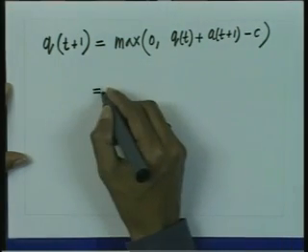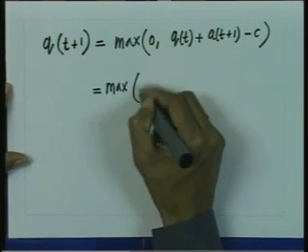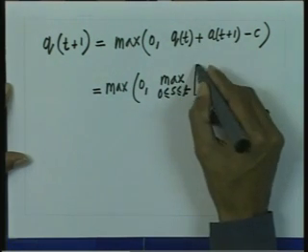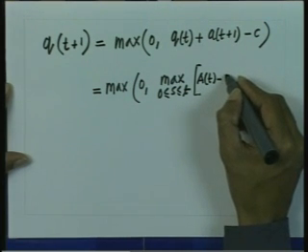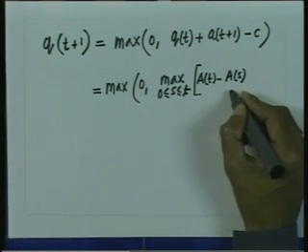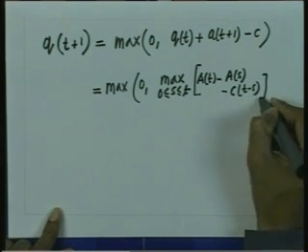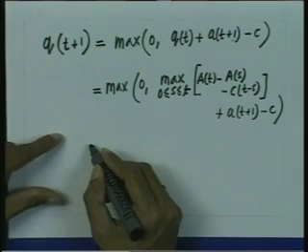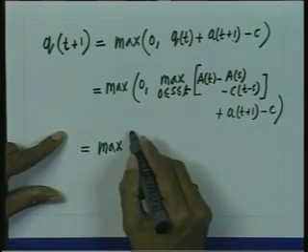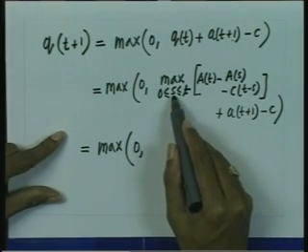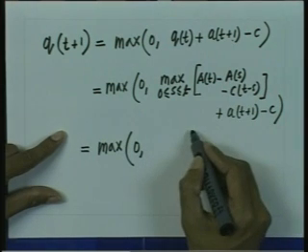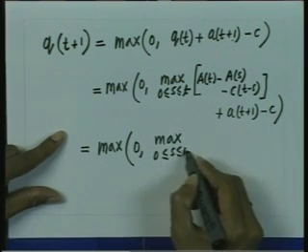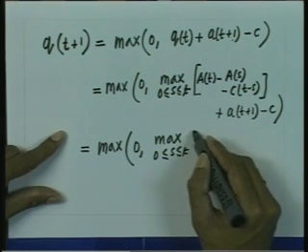Since this result is true for t, we can write this as max of 0 and the maximum over s from 0 to t of At minus As minus C into (t minus s), plus the term At plus 1 minus C. Note that this maximization is over 0 to t, so I can take the At plus 1 inside, and similarly I can take C also inside because it is independent of s, so this will not affect our maximization.